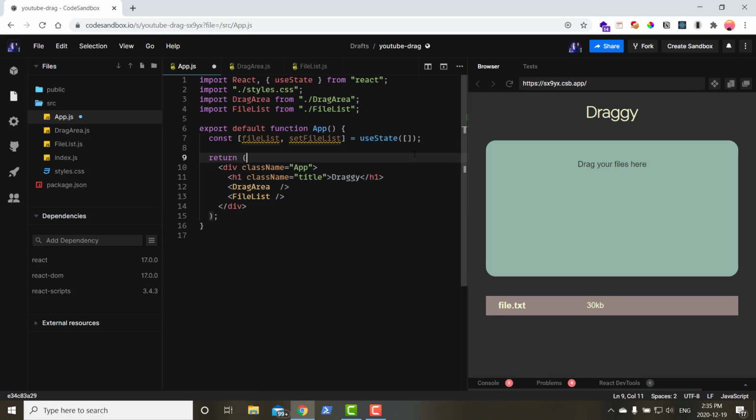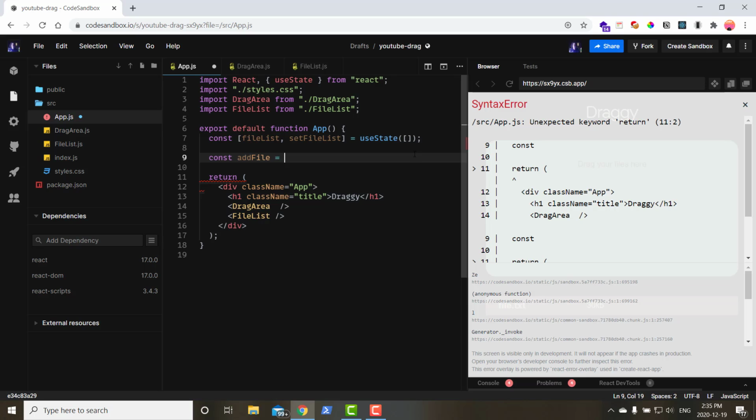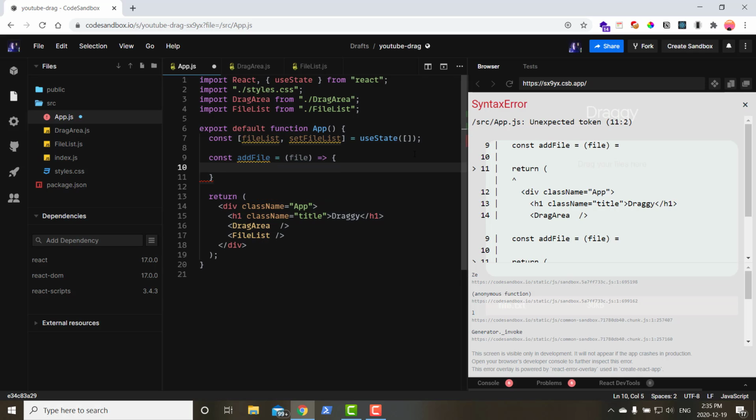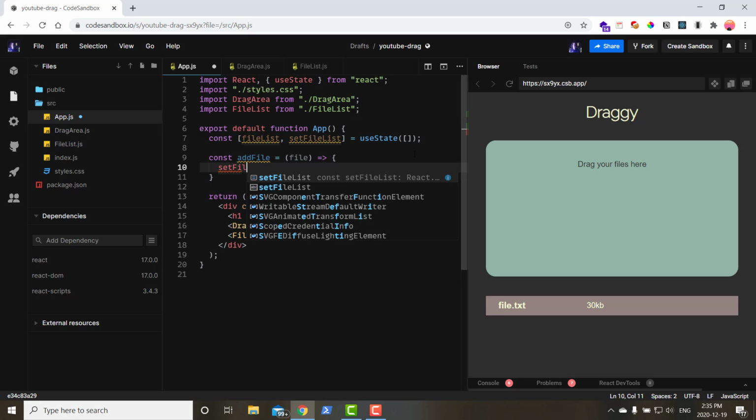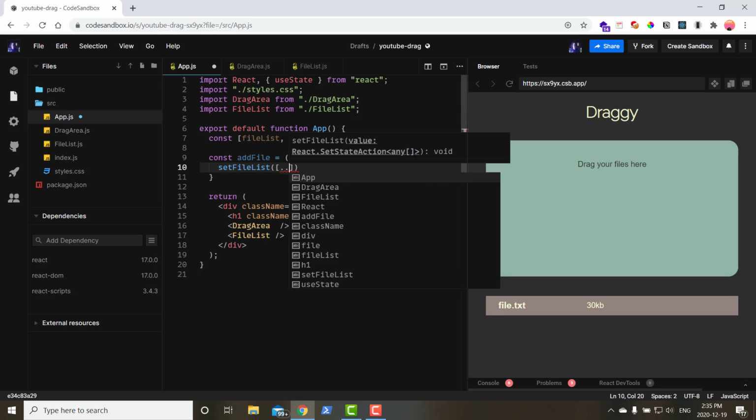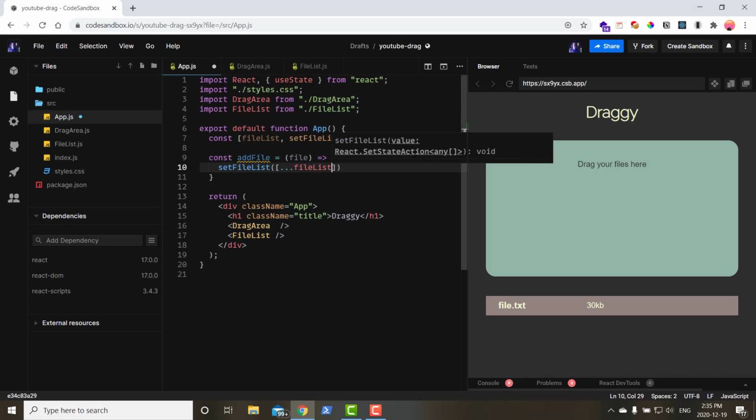Actually, let's do this. Let's create a function, addFile, that gets a file and does this. It does setFileList, the file list we have so far, and it's going to add the file to the end of that array. So the first time it's going to be an empty array, and this is going to be the first one that gets inside, and later on we're going to add whatever file we get in to the state that we have so far. So I'm going to do this and then pass this as a prop,